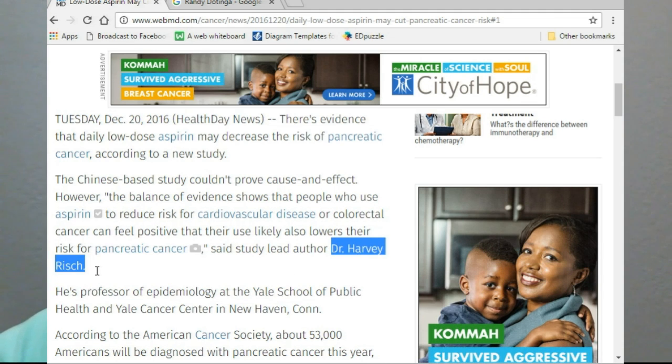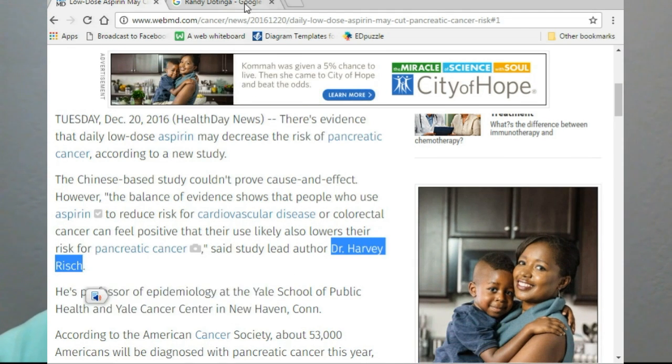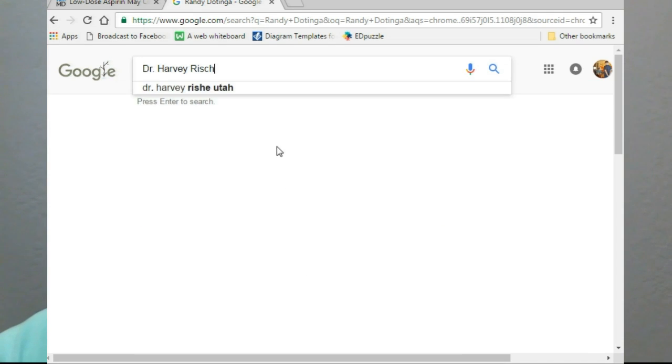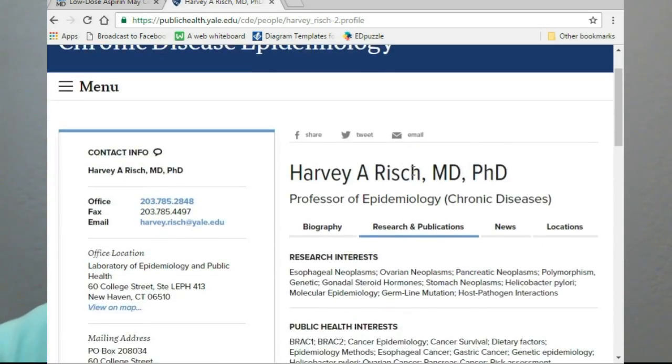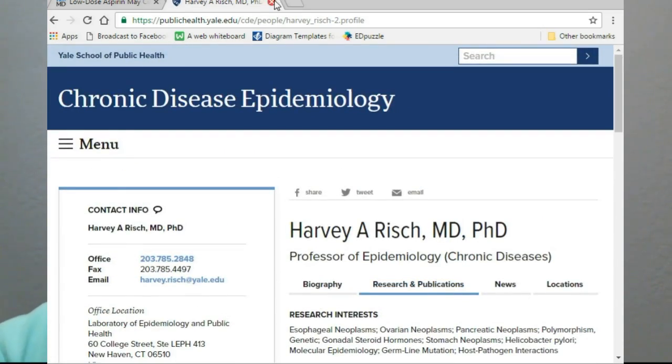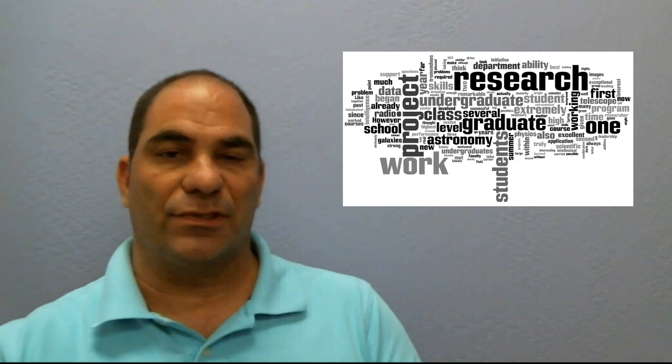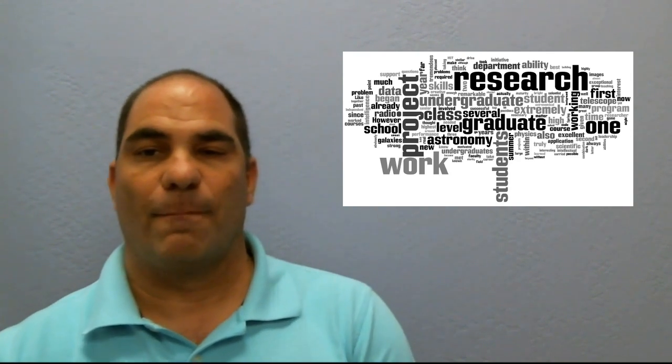If you like the information you found on a website, but are unsure if it's a reliable source, then find another reputable source to verify the first source. So basically, you're finding a source to verify the other source.